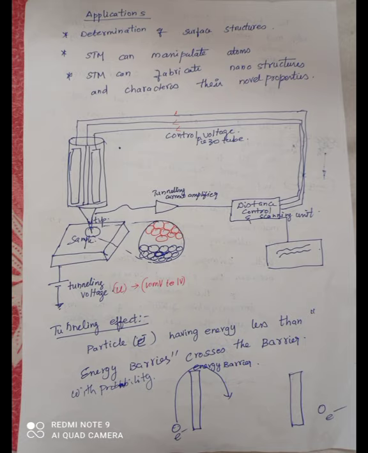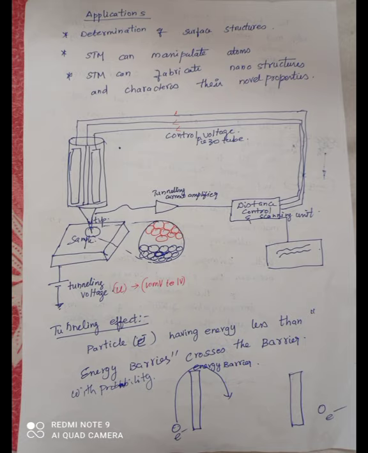A small current, known as the tunneling current, is going to flow if the tip is in close proximity but not actually touching the sample. In this case, we are not touching the sample. The current is amplified with the help of an amplifier, and it is fed back to the piezoelectric crystal to adjust the distance between the sample and the tip. We can keep the distance constant, or we can keep it variable. So the distance d between the sample and the tip can be adjusted, based on the tunneling current.